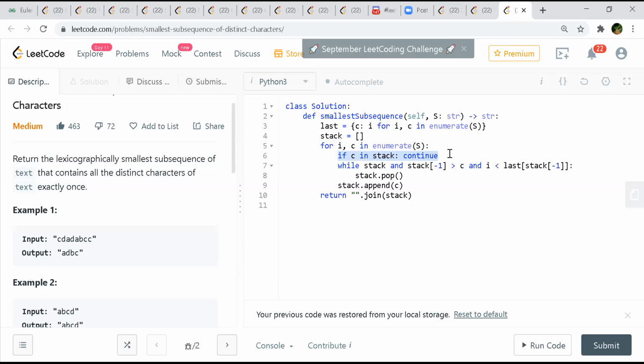Yeah, because I've implemented the stack as a list. That way the time is not good, right? But if we have a visited set, that would be O of 1. Yes. And it is O of 26 in the worst case, so it is not going to be more than that, right? It might be constant. Yeah, but it is very small.